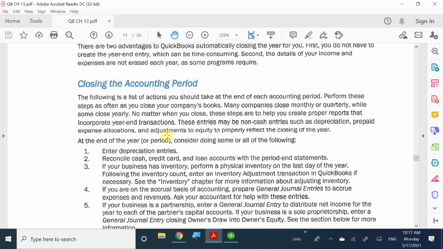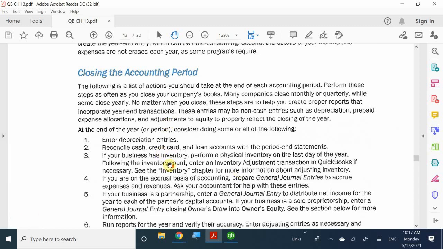Then it's going to be to record any cash, credit card, or any loan amount with the period ending statements. Once again, we talked about what a bank reconciliation is, in chapter 5. And then it says right here, if your business has inventory, we looked at it in chapter 8, making adjustments for inventory. Have someone physically go down to the basement, take a physical count of your inventory items, and adjust accordingly. If there's something where you need to adjust for the loss due to the market,